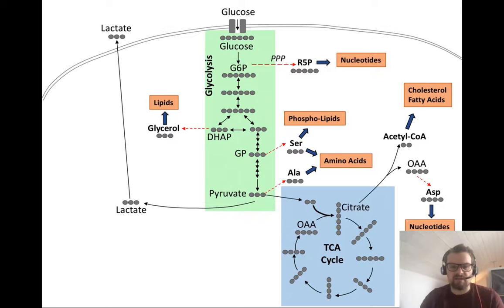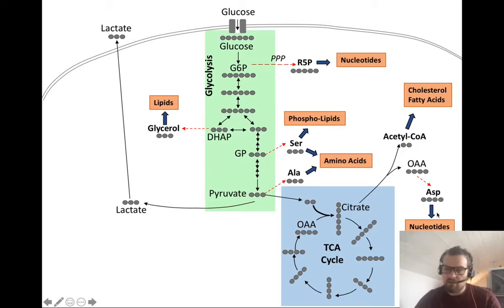And also from the TCA cycle, citrate is an important molecule that can be withdrawn from the mitochondria and used for building a range of things, including cholesterol and fatty acids. So it's broken down in the cytosol to acetyl-CoA, which is the core building block for making fatty acids and cholesterol. This also generates oxaloacetate, which can be converted into aspartate, which is obviously an amino acid, but it's also